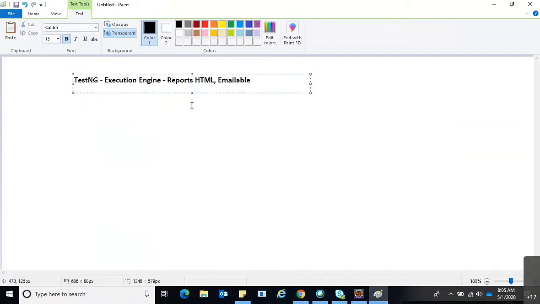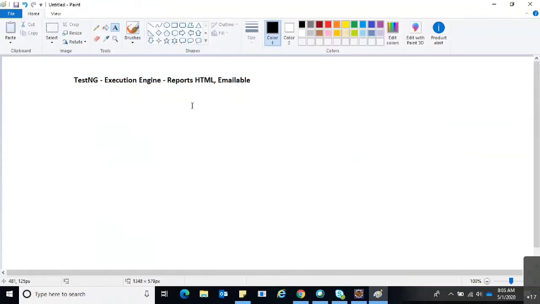We recently got Selenium 4 as well. Till Selenium 3.141, all those versions have very basic reports. In Selenium 4 they have updated the reports much better. But Selenium 4 is a very unstable version, so we are not using it.